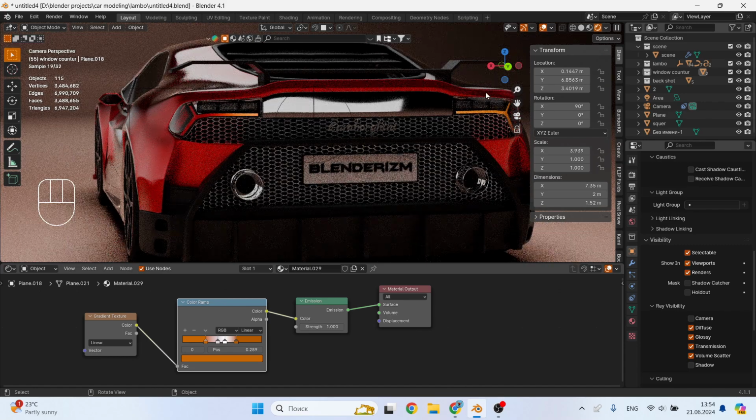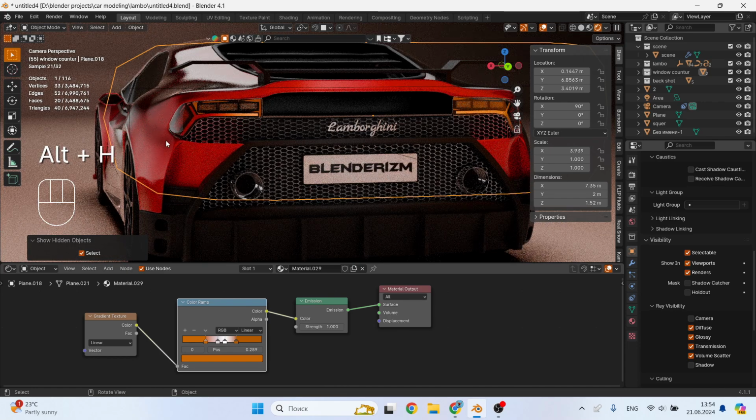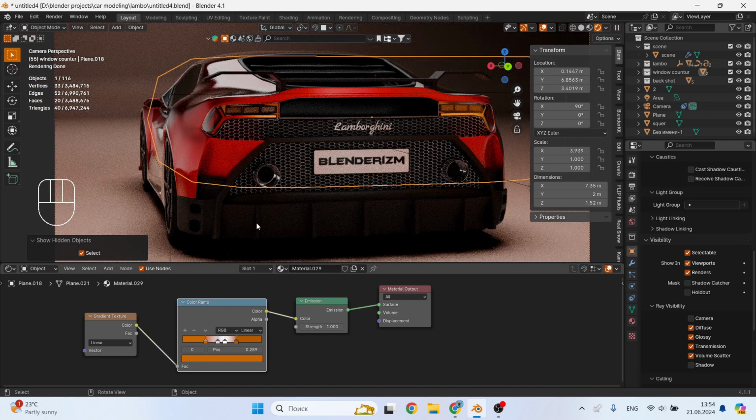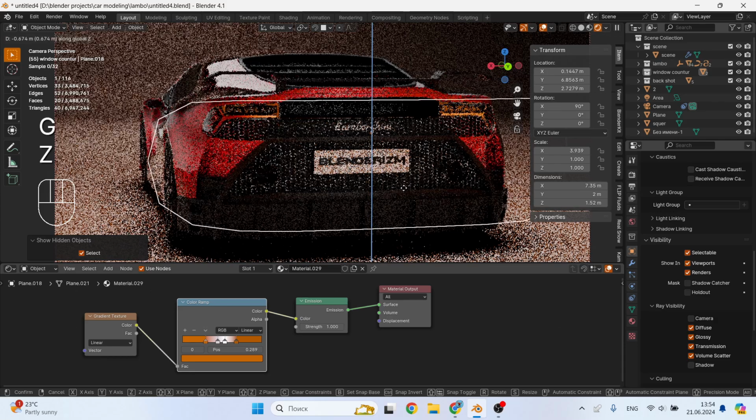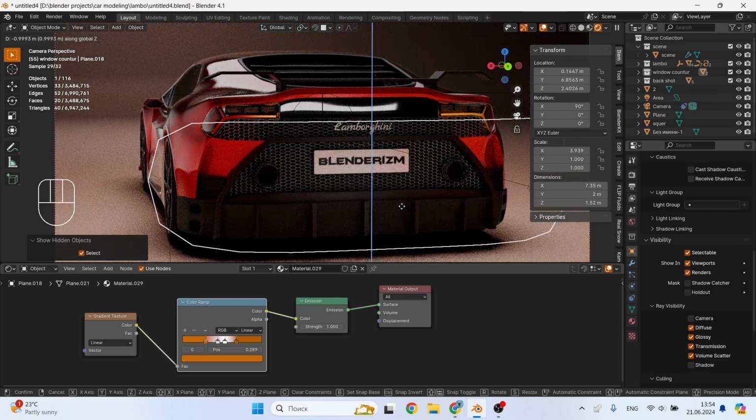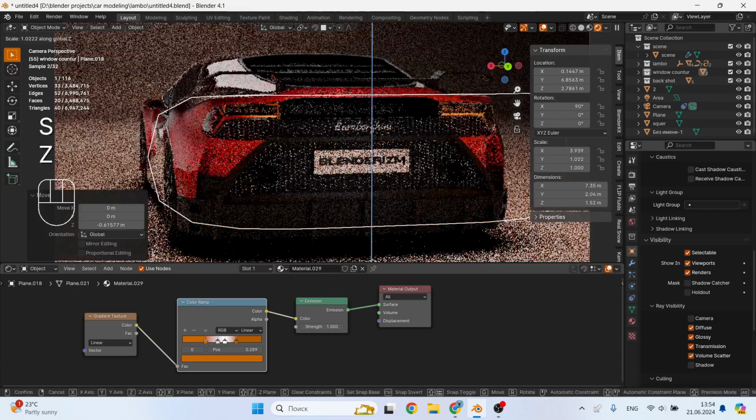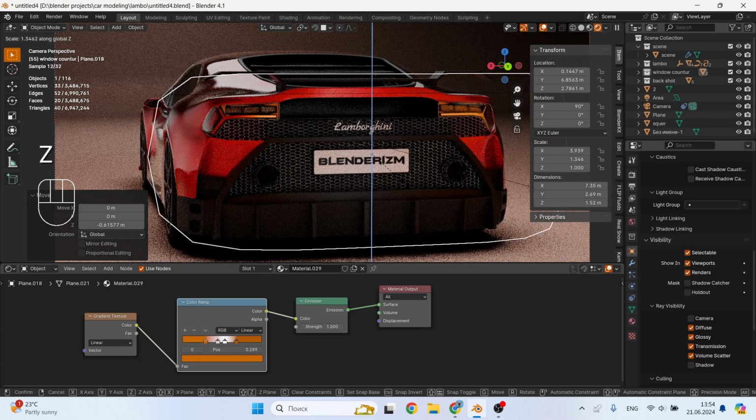And when we turn on the light panel, a cool gradient appears, but in my opinion it's a little overexposed. You need to turn down the light power. And we can also use it to highlight the bumper. Let me scale it a little and move it a little in order to catch the right position and highlights. Well, when it's ready, you can render it.